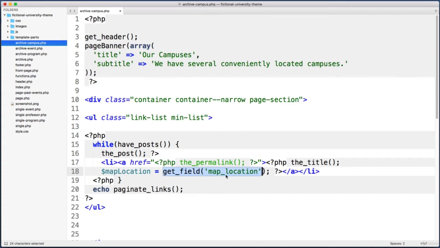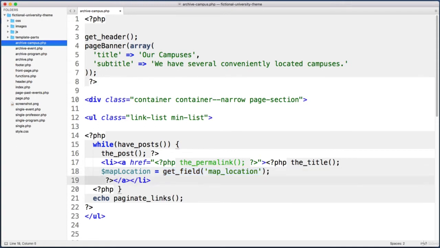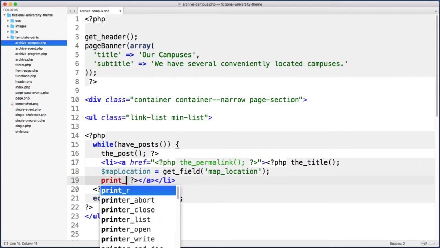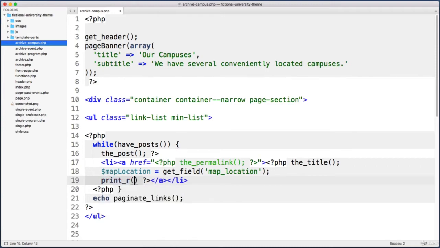Now, before we worry about accessing the latitude and longitude of this field, why don't we first just answer the question of what in the world lives inside the value for this field? Is it a string of text? Is it numbers? Is it an array? Is it an object? What is the data? So to find that out, what we can do is call the PHP function named print_r,